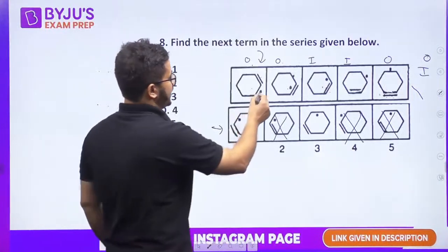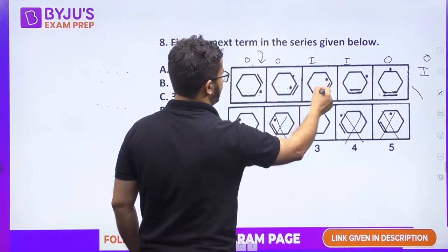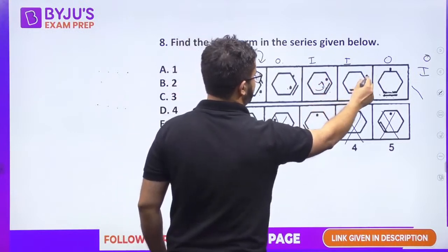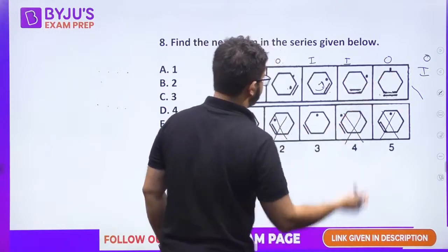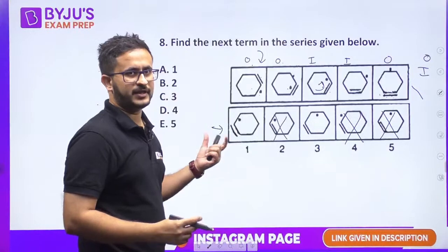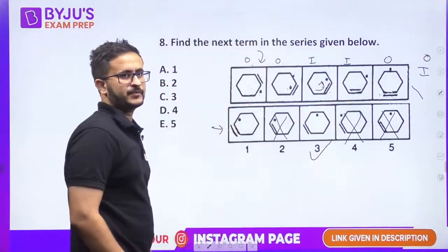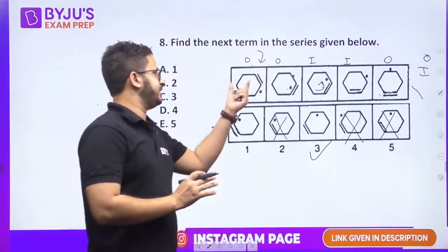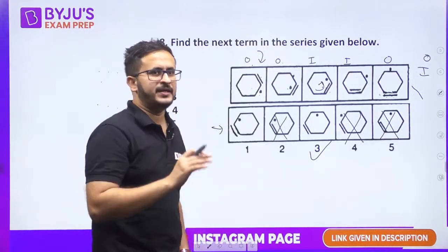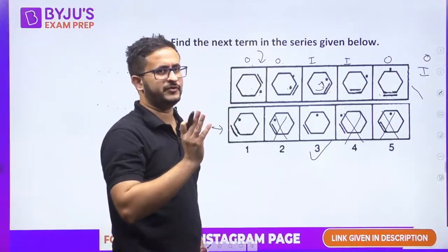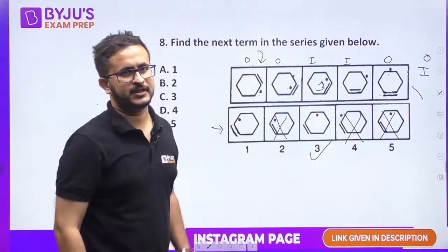Now let us see the pattern. If it is going inside, same position, right? If it is inside, it is rotating. Okay. It went outside, same position, right? It remained outside, so it moves. So if it is coming in, it will not move. Okay. If it is coming inside, it will not move, so the answer will be third. So in both the cases, the line as well as the dot, either it is going outside or it is moving, okay. If it is going inside or outside, it is not moving from its position. So if it is on the top, it will come inside to this position, okay.